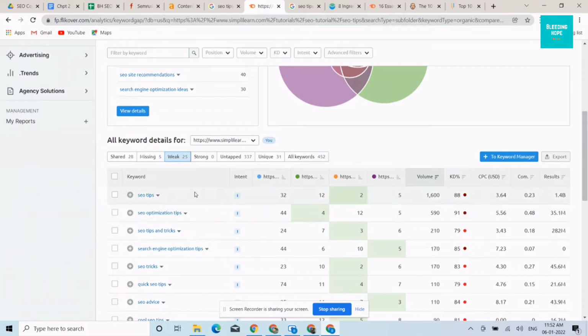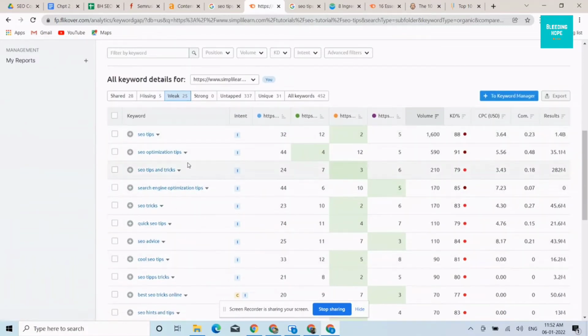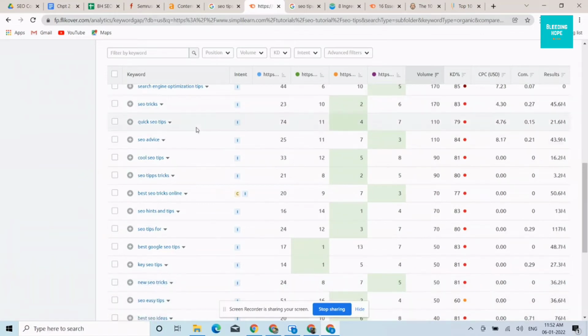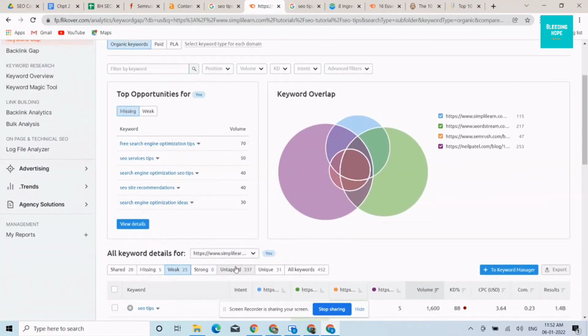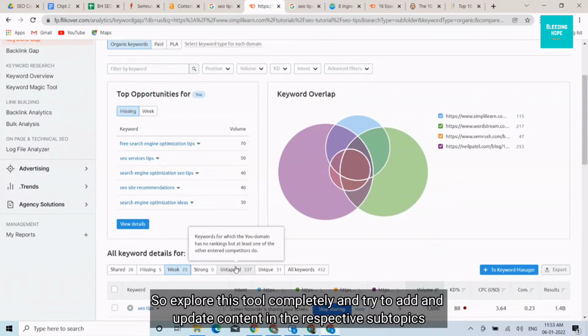And you could also see weak. These are all the keywords that they are getting better rankings, but you are not. So go ahead and update these as well. So untapped, there are so many untapped, and that your domain has no rankings for, but at least one of